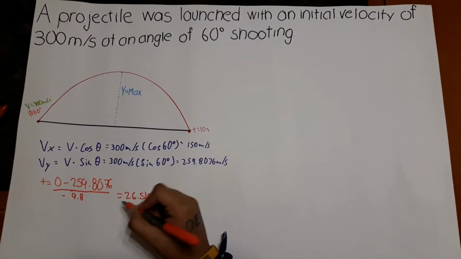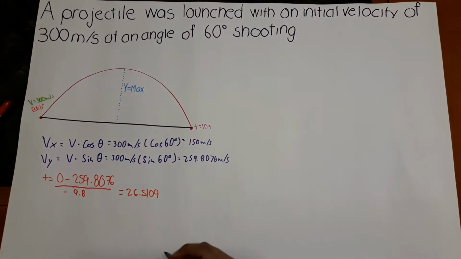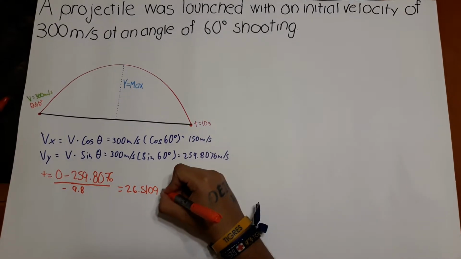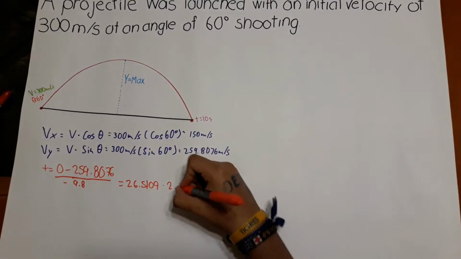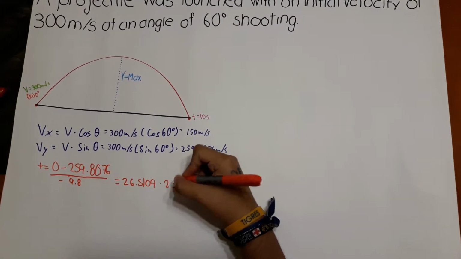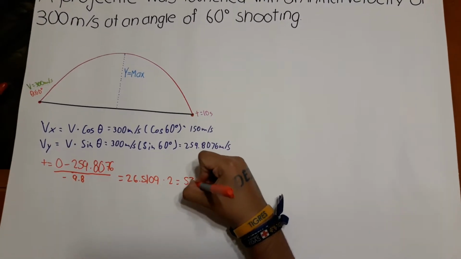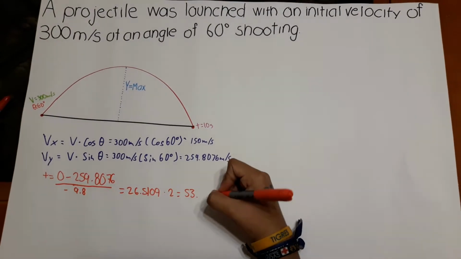This time corresponds to the projectile when it's at the maximum height, so we need to multiply it by 2 to obtain the total flight time, and this will be 53.02